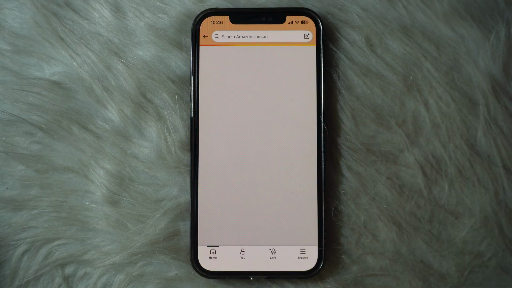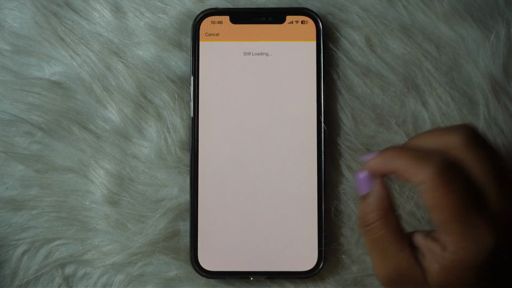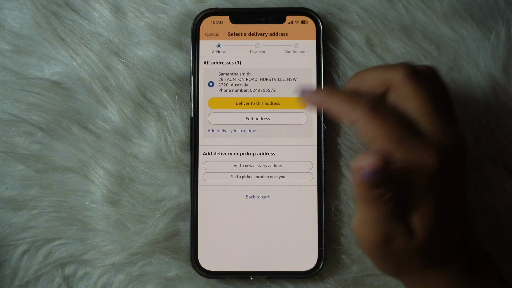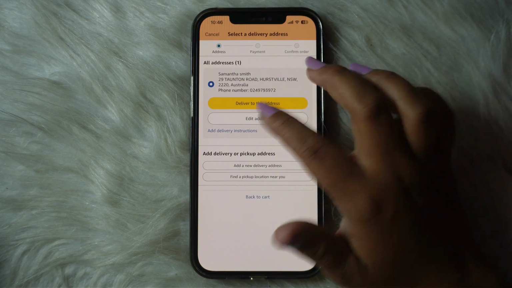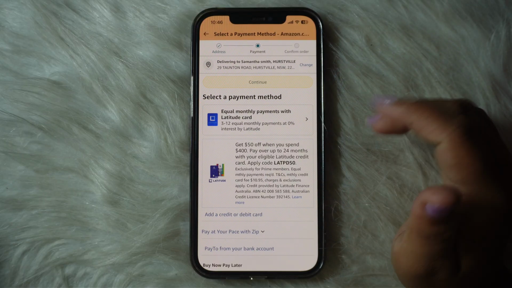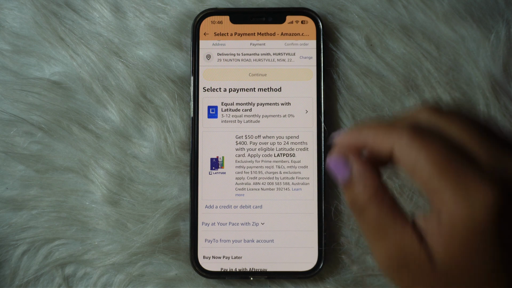So let's just go with this particular item, and then from here, what you're going to do is simply tap on buy now. So in order to add in your promotional code, first of all, make sure you have selected an exact address. So what I'm going to do is deliver to this address. If you want to edit it, you can do it, and then you would need to select